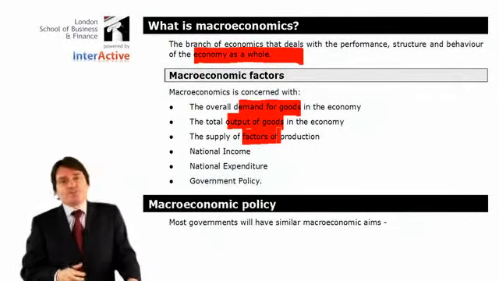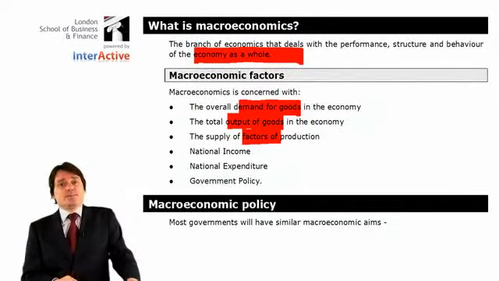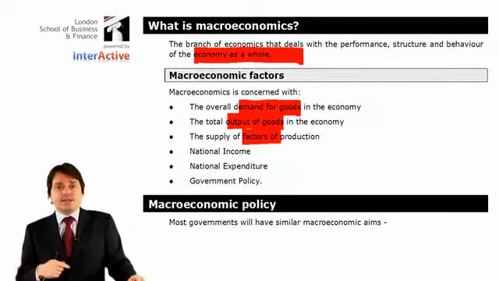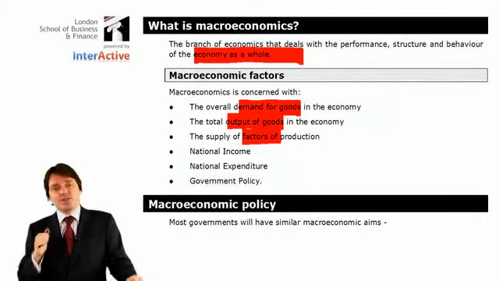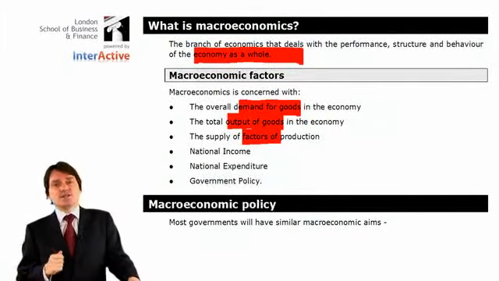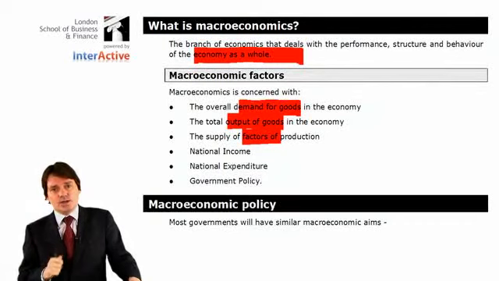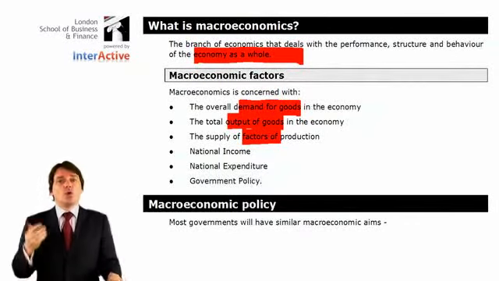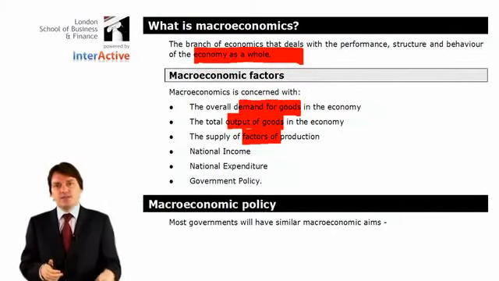Factors of production. Land. Labour in particular, capital, finance. So do we have enough finance, or do we have to borrow the money from overseas banks in order to invest in the UK? Do we have the right kind of workers in the UK, or do we need to train them to do something different?